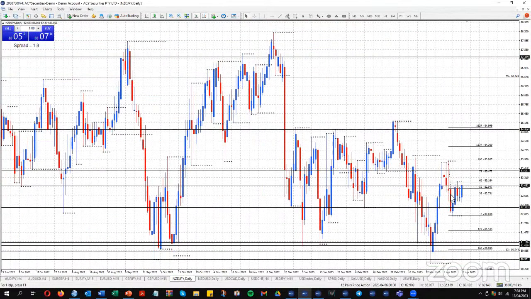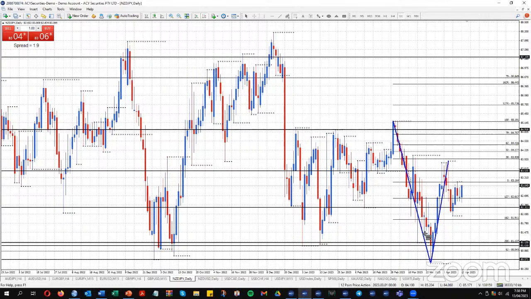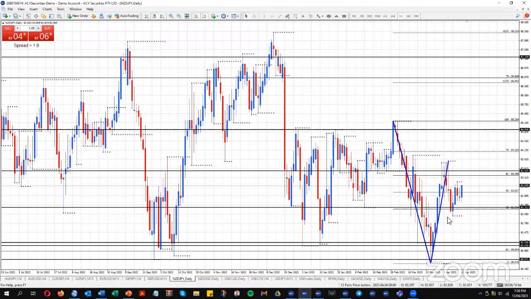All right, so New Zealand yen here, on the day chart is very range bound. I've been discussing the potential of a decline, this being the last major move, this being corrective, and it's kind of a 62% level. All right, there's a 62 level there. Now, at the moment, though, it's very choppy.